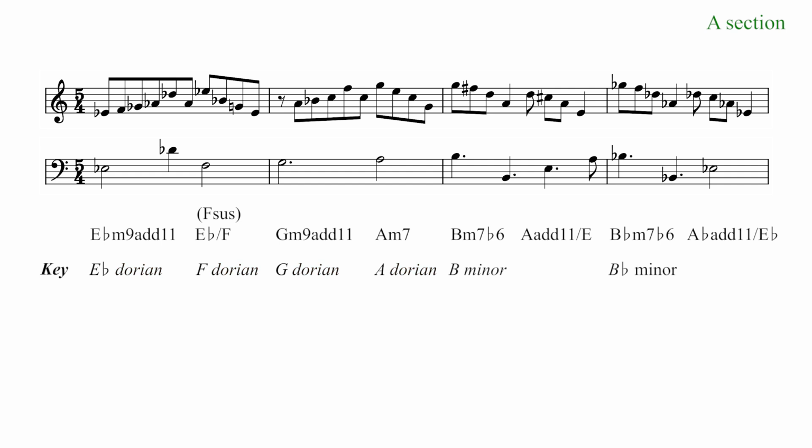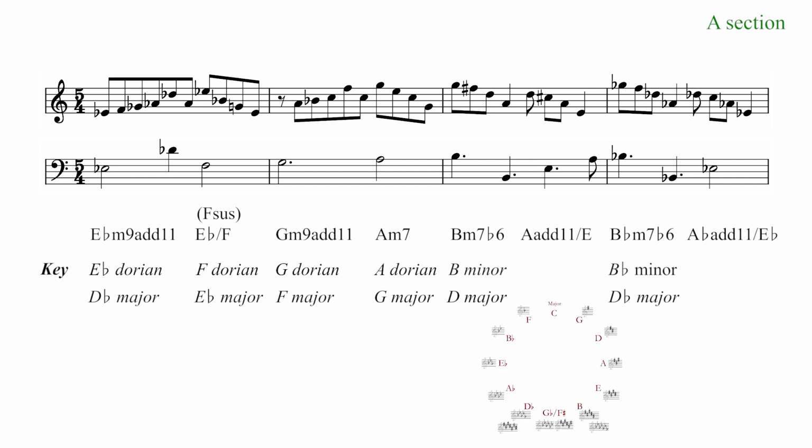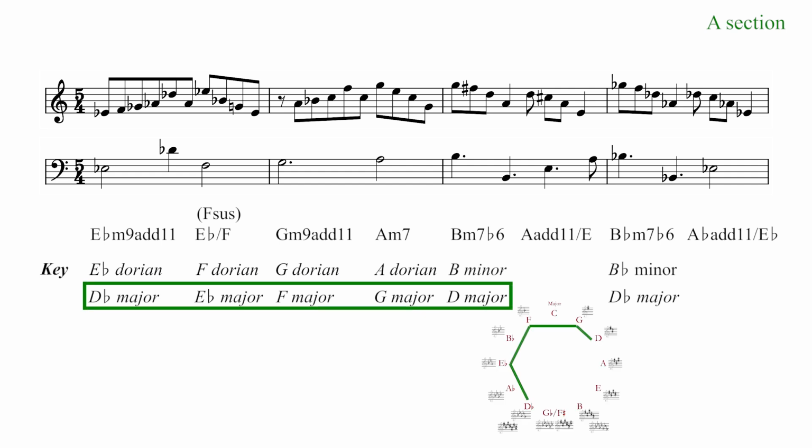We can also look at all this in terms of each scale's equivalent major key. From this perspective, the progression moves from D flat to E flat to F to G, and then a little further up to D before moving a semitone back to D flat. It's easy to visualize these motions on the circle of fifths, sharpening in steps until an abrupt movement back to the original key. But even though this final downward step is quite large, its auditory impact is comparatively small.